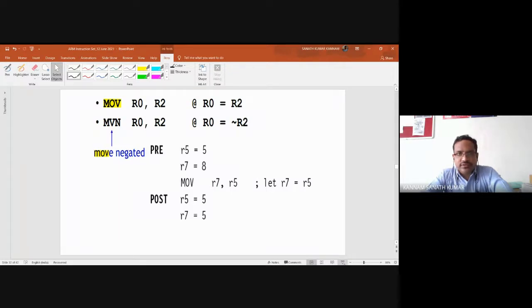Next, these are the examples. MOV R0, R2 means whatever the content of R2 is, you are moving into R0. And move and negate is nothing but